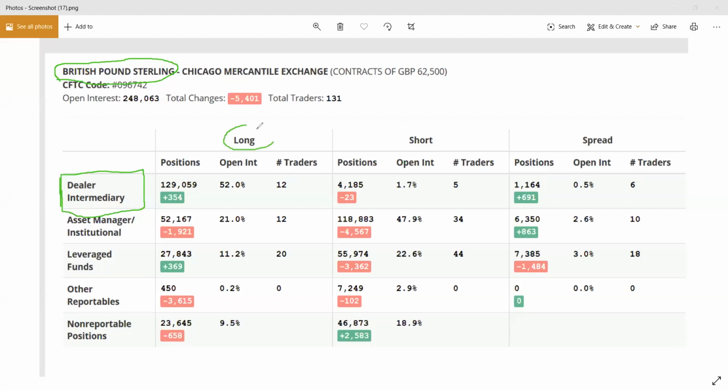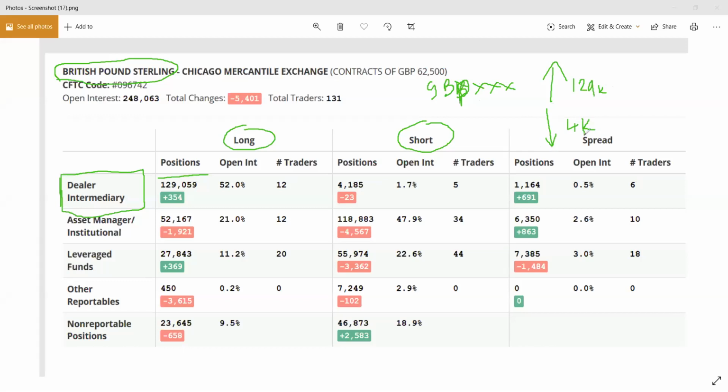So we have got the long position, then we've got the short position. So as you can see, we had 129,059 long position holders, which means all the pairs that had GBP, XXX, had a lot of retail traders that were actually buying it. And we had 4,185 traders that were short. So which means we had 129K against 4,000,